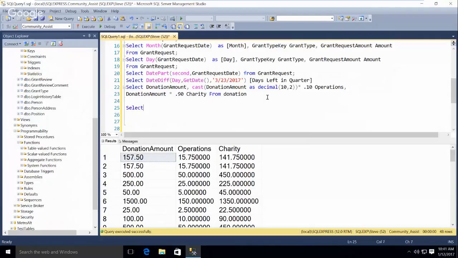So I'm going to do select format, and in the format I'm going to do donation amount, and then a comma, and then I actually have to give the format. So let's do $, space, comma, oops, not threes, 0.00 in quotes. I guess that's good enough.